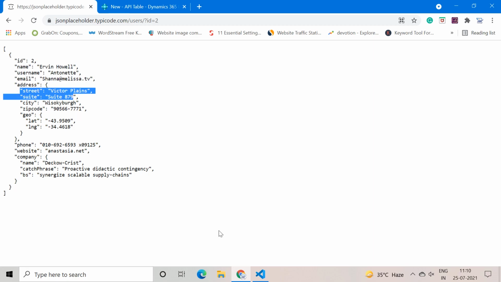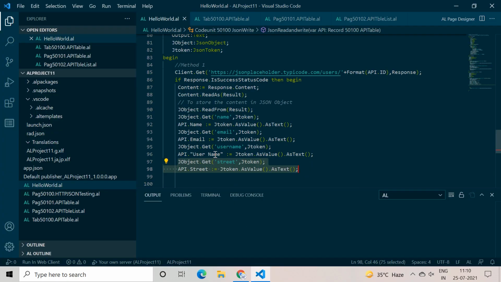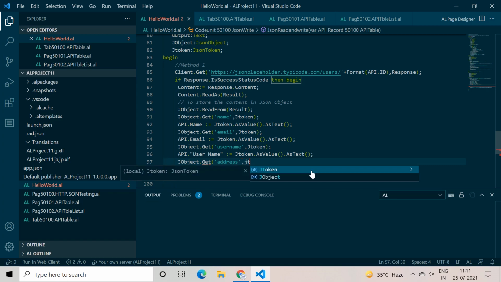So now how can we fetch out the value of the street using our code? It is very easy, guys. One thing is that we know that address is a part of my main JSON object, right?